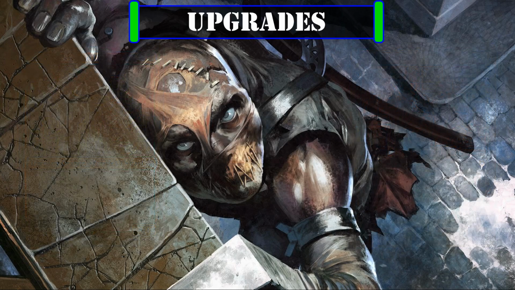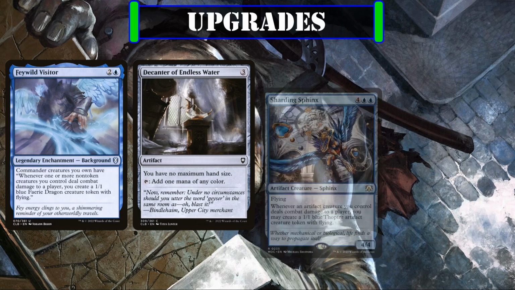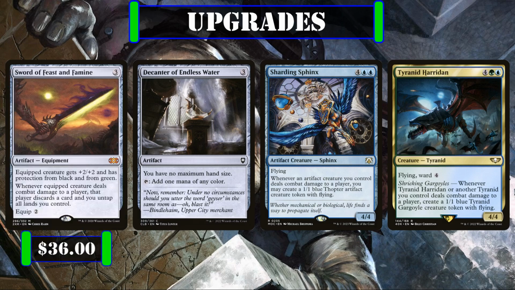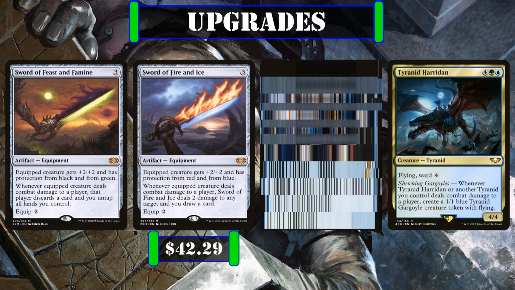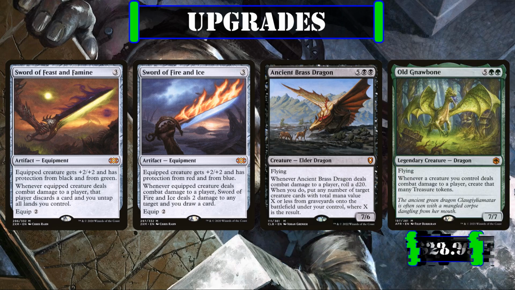And then, if we want to add even more on-combat damage effects and payoffs at the cost of not paying our electric bill for a month, we can slot out Feywild Visitor, Decanter of Endless Water, Sharding Sphinx, and Tyrranax Rex, so we can slot in Sword of Feast and Famine, Sword of Fire and Ice, Ancient Brass Dragon, and Old Gnawbone, with the first two providing even more solid protection and powerful on-combat damage effects that can ramp us, draw us cards, or deal more damage to our opponents,